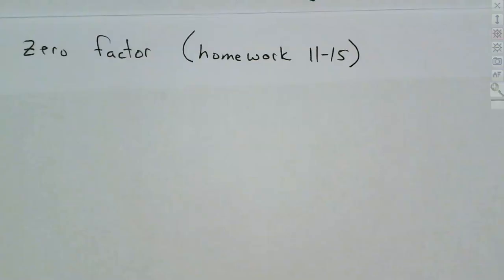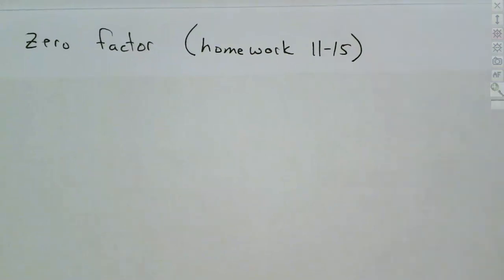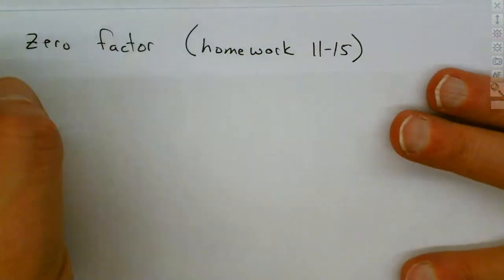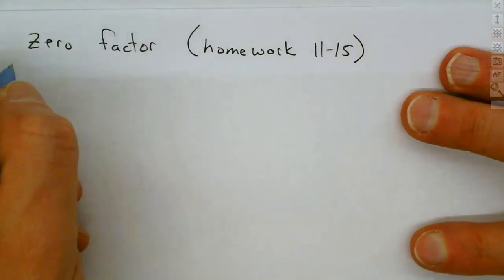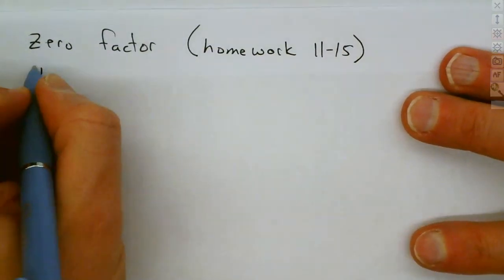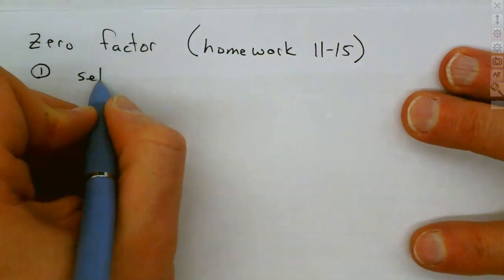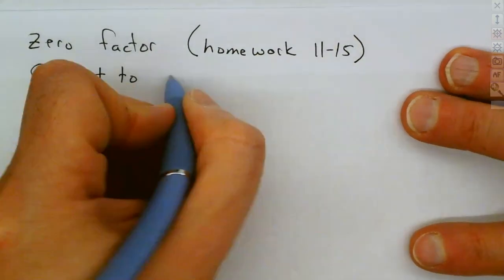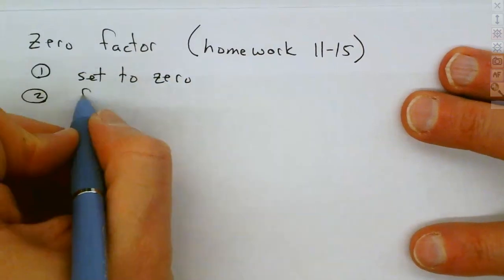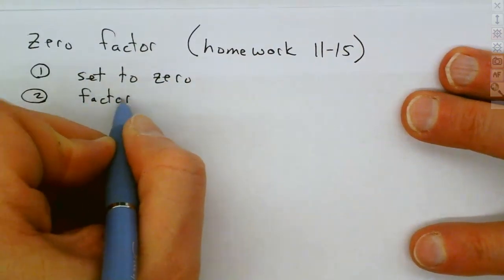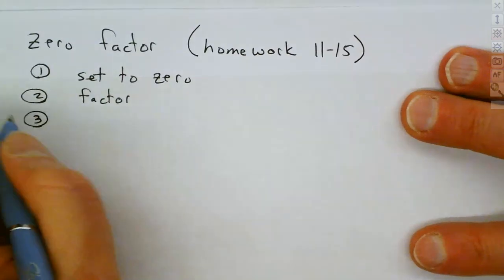So homework 11 through 15, zero factor. Now, here are the steps that we use for zero factor. Zero factor, step number 1, you set to 0. Step number 2 is you factor. And step number 3